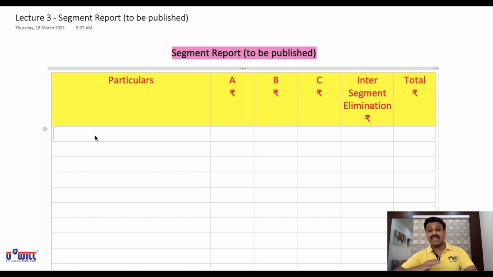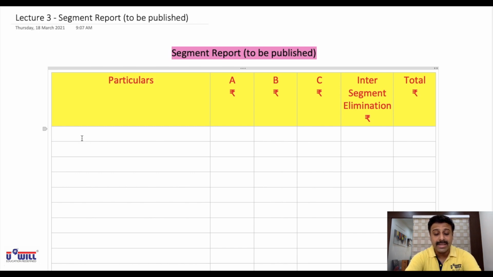Head office renders service to all the segments. So such common incomes and expenses which they are rendering for the services they are rendering to all the segments, they'll be interested in knowing that also. Then they'll be interested in knowing what are the assets, liabilities of each and every segment. Other than that, what are the assets and liabilities of head office? So all this information what I told you right now, revenue, expenses, profits, standalone expenses and incomes of head office, assets, liabilities, this all information we have to include in segment report to be published. So this is how it goes.